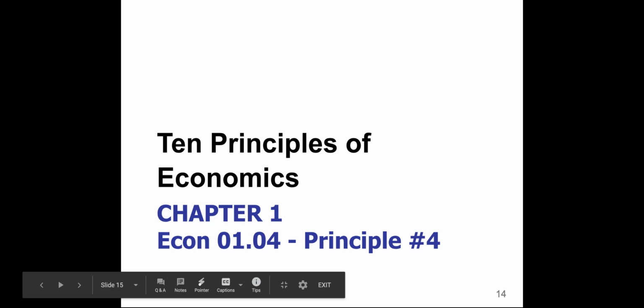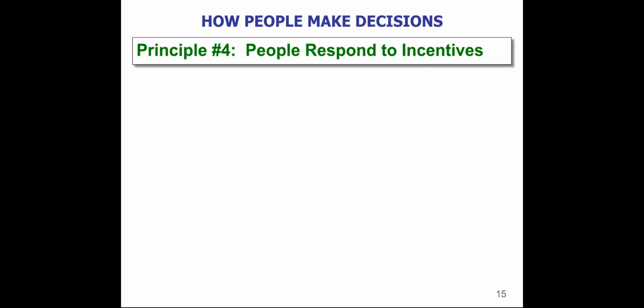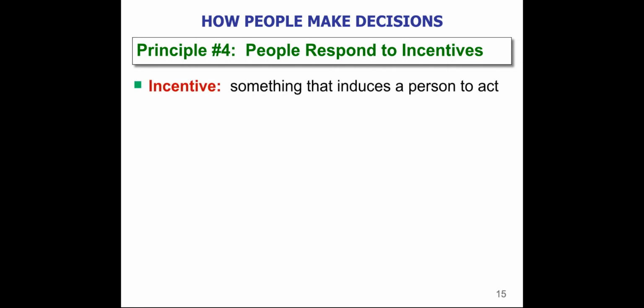10 principles of economics. We're on principle number 4, which is people respond to incentives. An incentive is just something that entices you to act in a certain way. A disincentive would be something bad that happens to you to encourage you not to do something. And the whole world around us is covered with incentives and disincentives to try to get us to do some